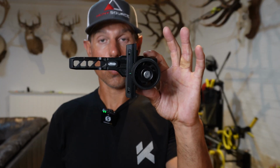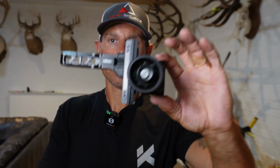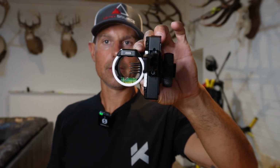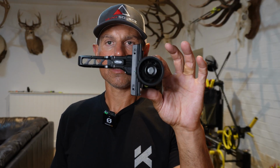Now, that being said, I am going to be using the driver sight. Why? Because I've spent $1,000 on this sight. I've also spent $1,000 on this sight, more or less. That's what these sights cost. Landon is going to be rocking this sight, so I mean, he's going to love this thing. He's a killer too, so there's going to be definitely some animals going down with this sight. Super excited that he gets to use it. I don't have another $1,000 to buy another UV sight